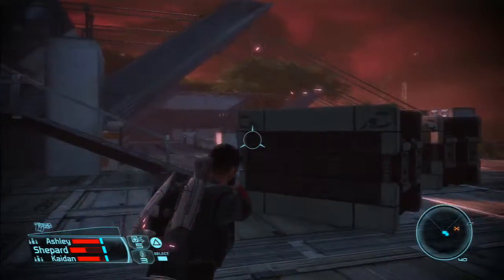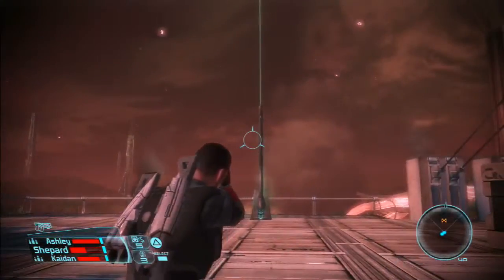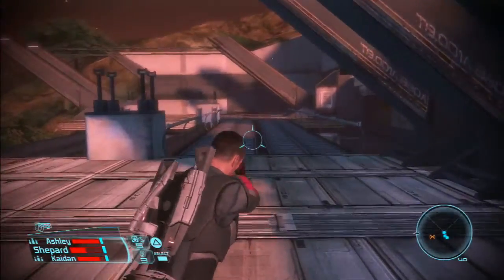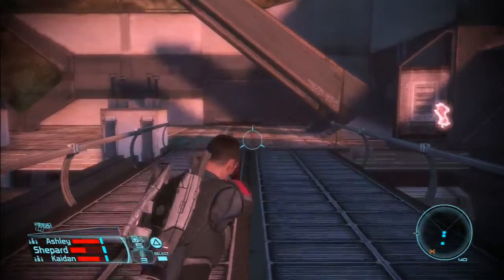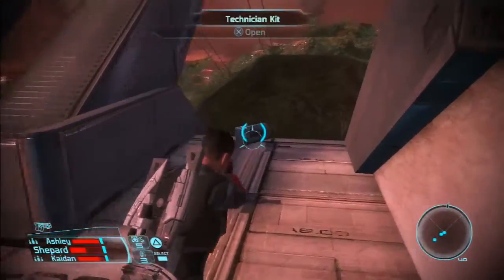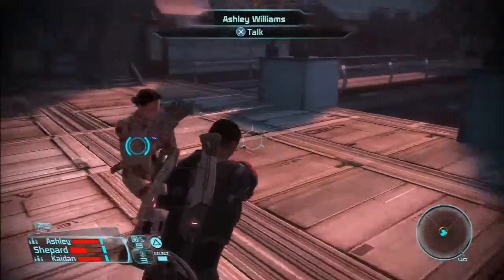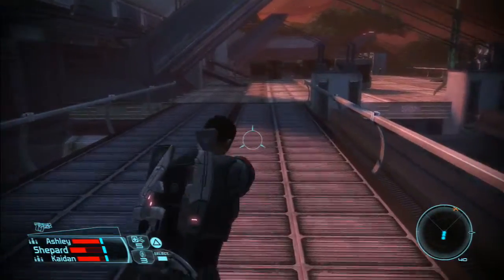No? Okay. Now, that's the beacon right there. That's the thing we're here for. But, on both sides of this beacon, this direction and the other direction, there's some stuff we can pick up. And, as I said, I try to collect everything I can possibly lay my hands on. So, we're going to come over here and get this stuff first. Technical kit, we got a stimulant pack and motorized joints. If I remember right, the stimulant pack comes in handy, but...